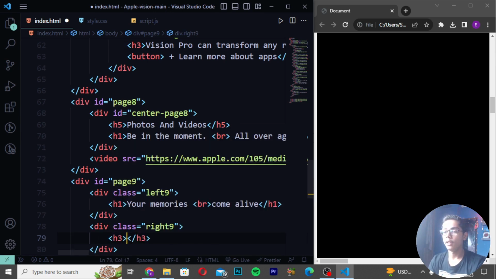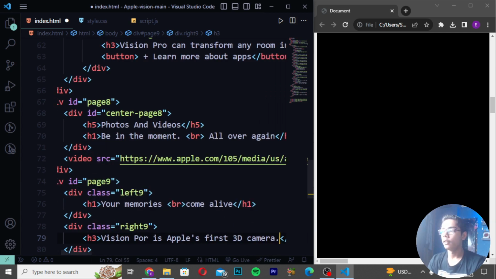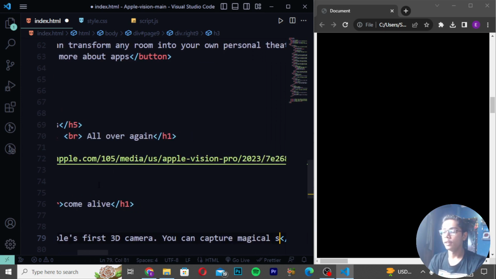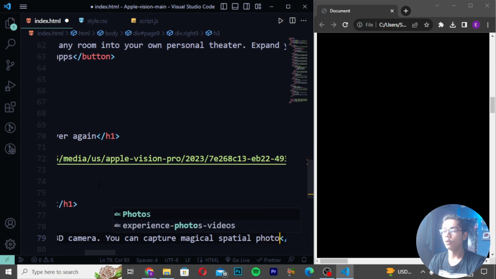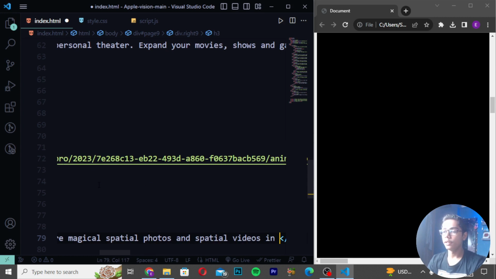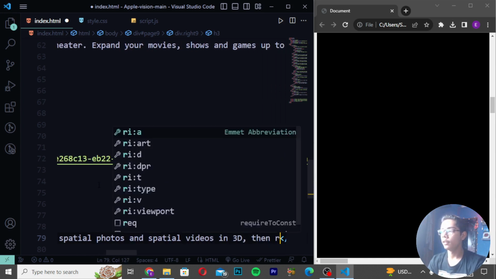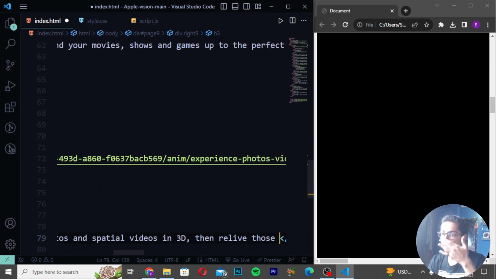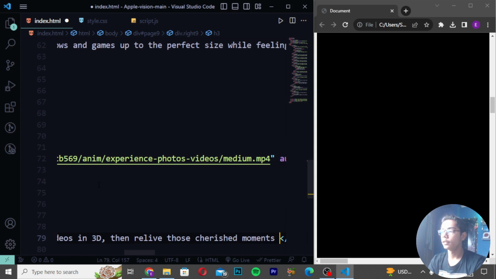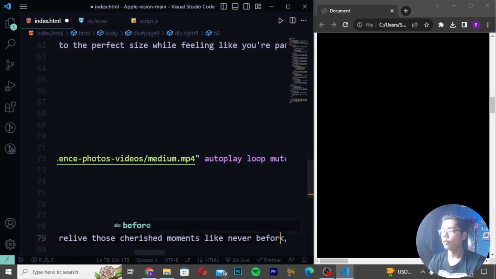Then you have to write here h3 and then create region pro. So here I will be writing Apple's first 3D camera. Then I will be now writing you can capture magical spatial photos, and then you have to now create spatial videos in 3D. Then you have to now write here then delete those cherished, and I will be writing moments like never before. Then I will be writing with